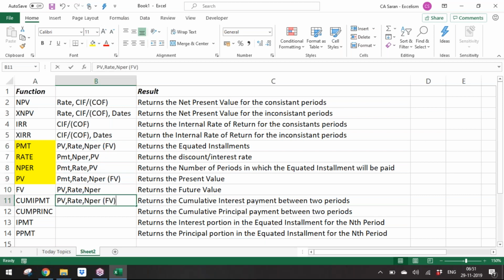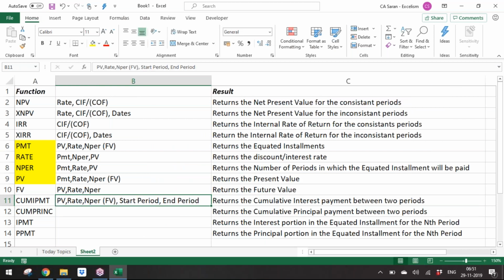But along with this, we may have two more parameters. What is the starting period and what is the end period? For example, in our case, he has taken the loan on 1st April 2017. But we are filing the income tax return from 1st April 2018 till 31st March 2019. If that is the case, from which period to which period do I have to calculate? 13th period to 24th period, I have to calculate what is the interest portion and what is the principal portion, right? Now, cumulative principal,